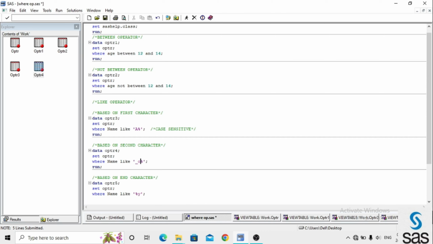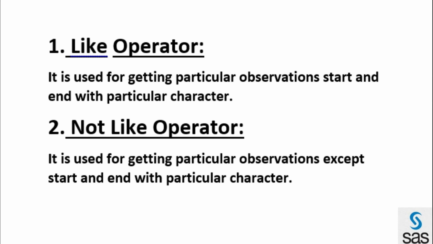Okay, and the next one is the not like operator. Then what is the use of it? It is used for getting particular observations except those that start with or end with a particular character. Got it?